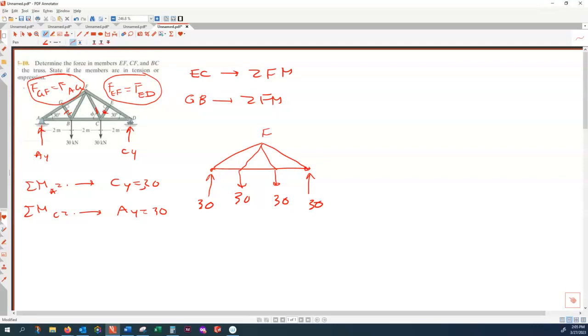So that means all I need to do is, yes, I need to apply method of section to, this is EF,